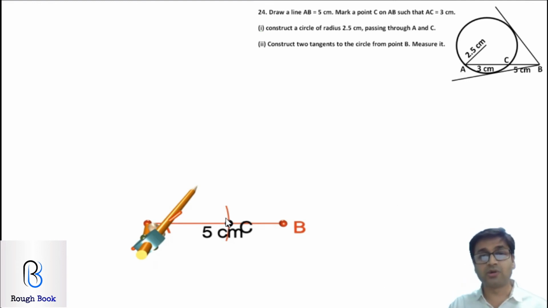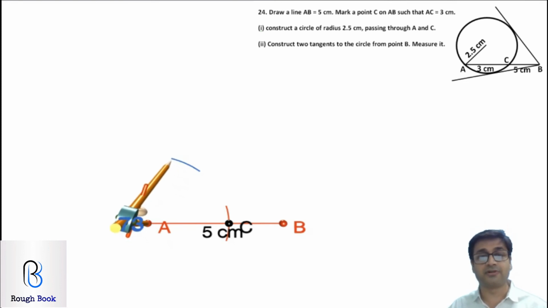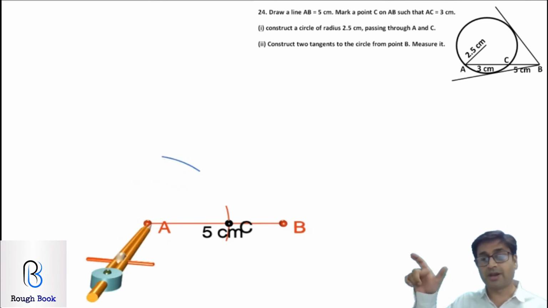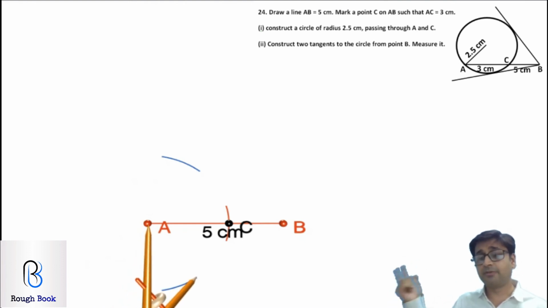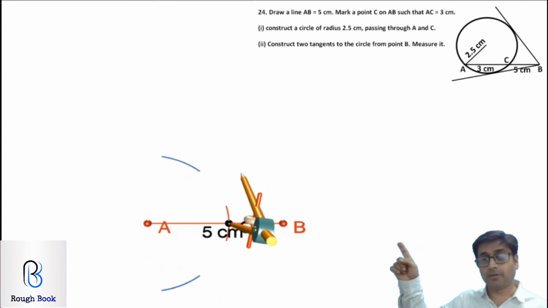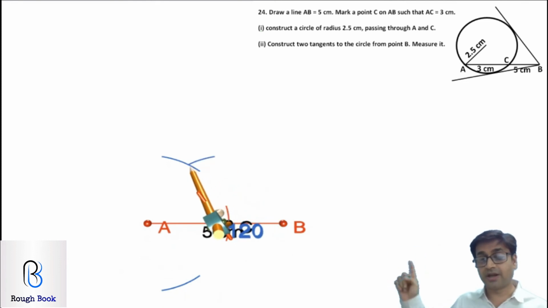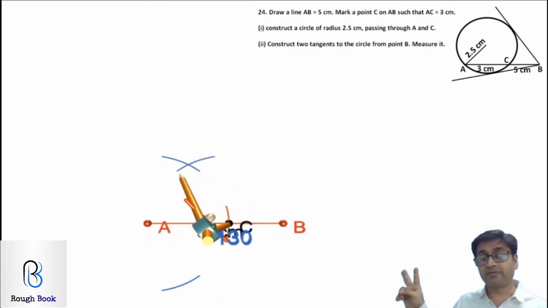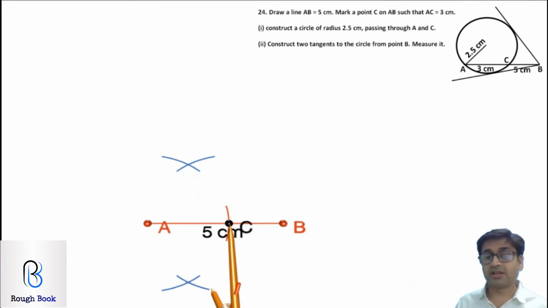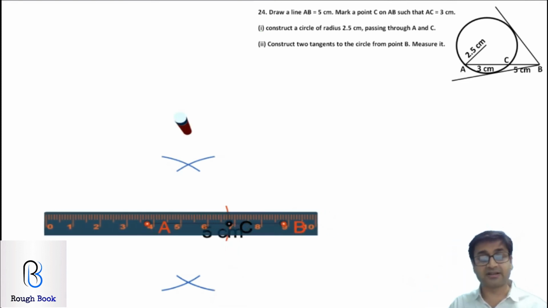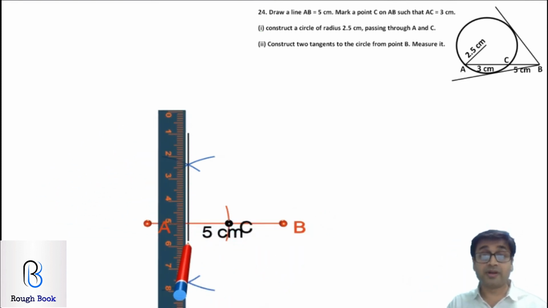So what you need to do now is draw the perpendicular bisector of AC first. So let's draw the bisector. After that we'll start building on that further. Keeping your compass on A, one arc on top, one arc down, and then the same radius, keeping it on point C, one arc on top, one arc down. The two points of intersection that we get, we will join both of them, and then what you get is basically your perpendicular bisector of AC.